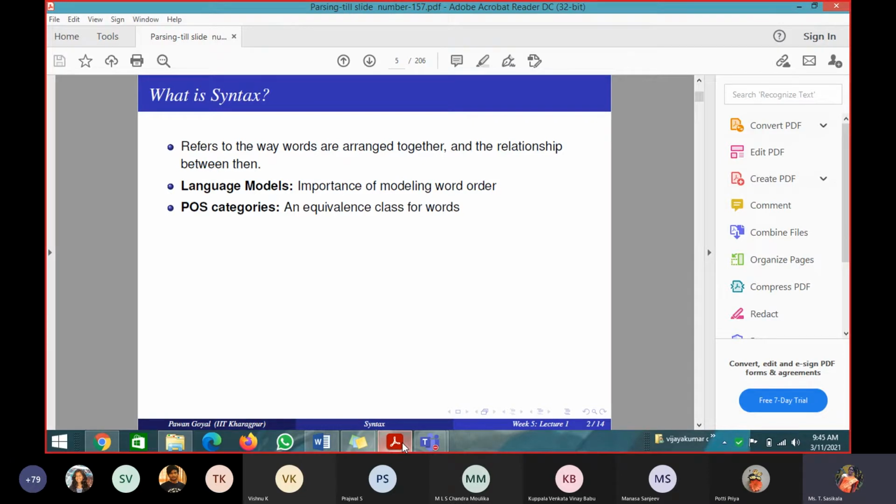If you take the POS category, it is an equivalence class for words. What is the POS class for a given word? That we will be learning. These are various POS grammatical categories, and we will find the exact grammatical category of every word. Whereas in syntax, we will be discussing constituencies and grammatical relations. This is an objective of syntax. The objective of POS tagging is finding the unique tag from the set of available tags for the given word. Similarly, the language model is used to predict what word comes after what. It is used for word ordering, with applications such as sentence completion and spelling correction.